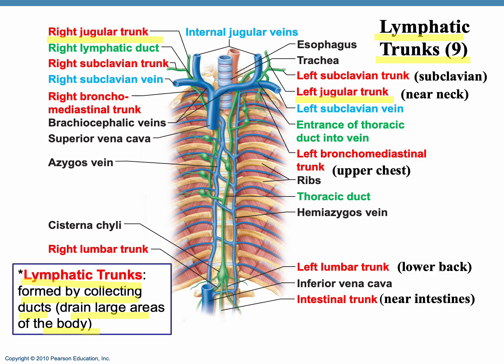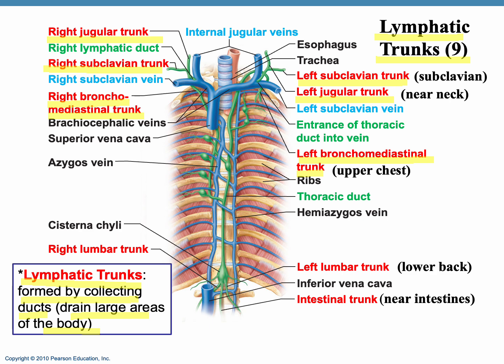So in very close proximity to the internal jugular veins. We also have the right subclavian trunk and the left subclavian trunk. So those are going to be very close to the subclavian veins. You also have a right bronchial mediastinal trunk and also a left bronchial mediastinal trunk up in the upper chest